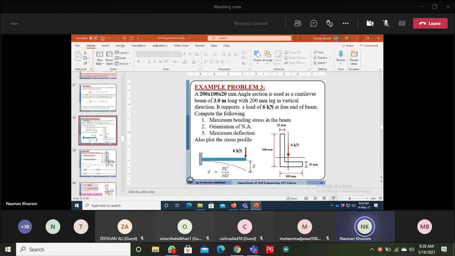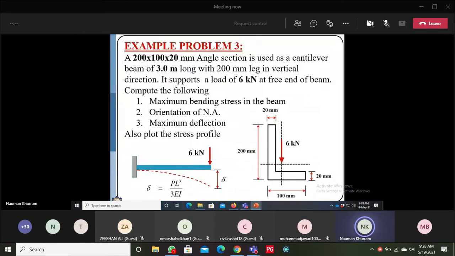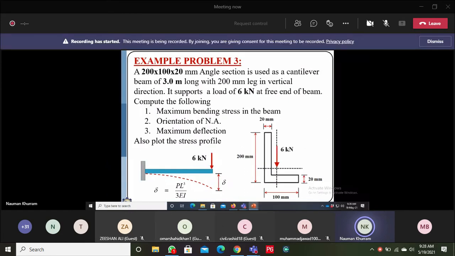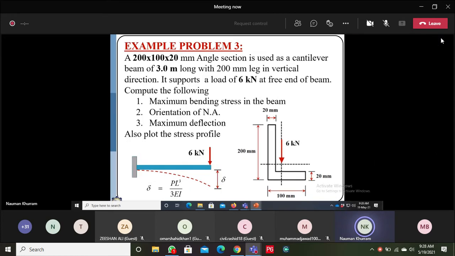Okay, dear students, last time we were solving this example, and in this example we have already determined the centroidal points and the moment of inertia about centroidal axis. So let me give you a very quick overview again. This is a problem related with unsymmetrical section. So we are going to compute the flexure stresses or the bending stresses when an unsymmetrical section undergoes biaxial or unsymmetrical bending.